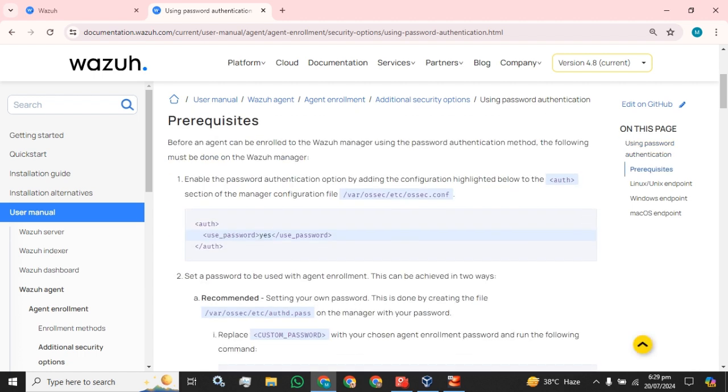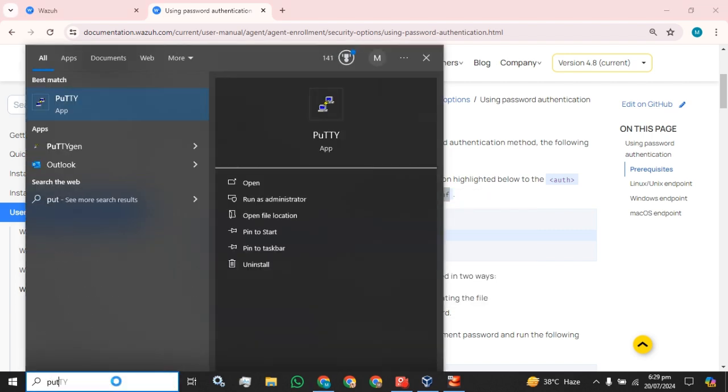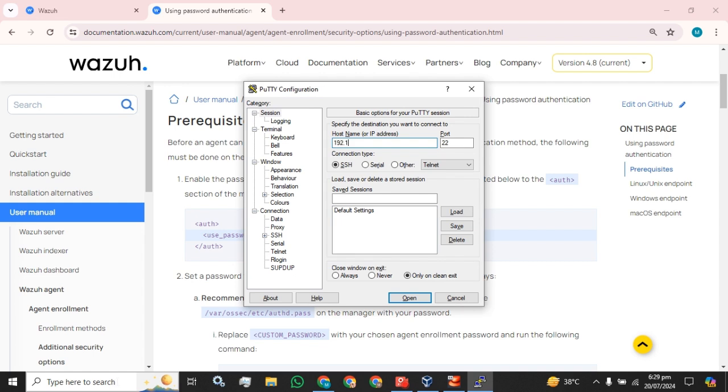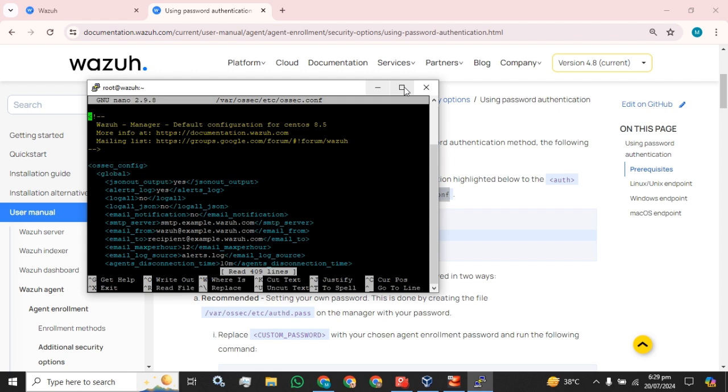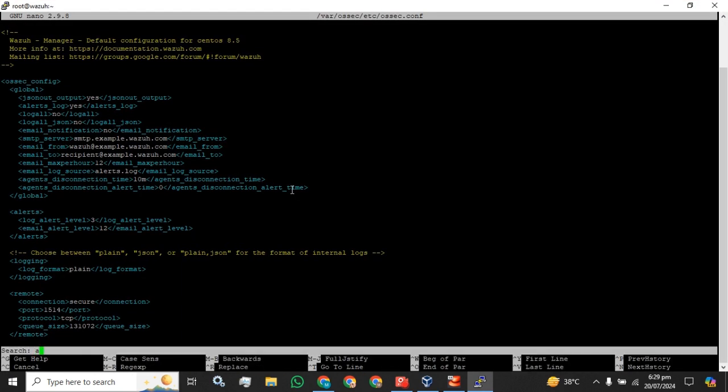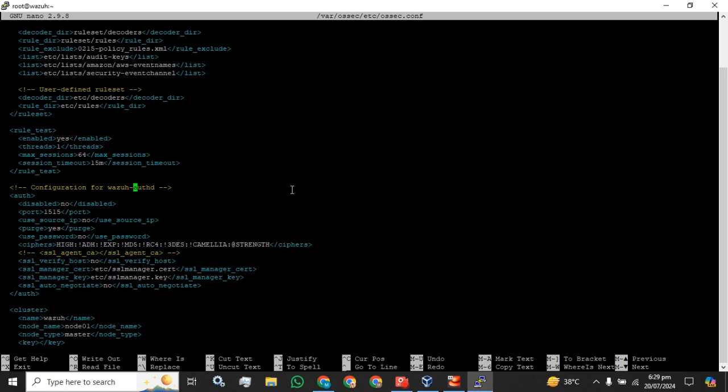Enable the password authentication option by adding the configuration highlighted below to this tag section of the manager configuration file. So I am going to edit this configuration file. For that purpose, I have to access my Wazuh server using my root username and password, and I have to access my Wazuh server using the CLI. So I have to find this tag,